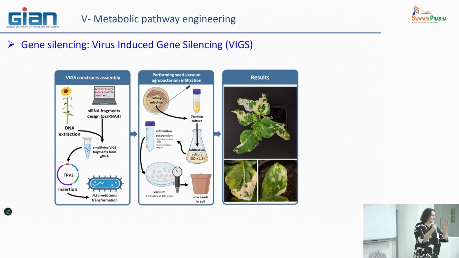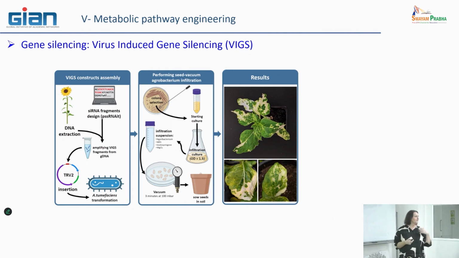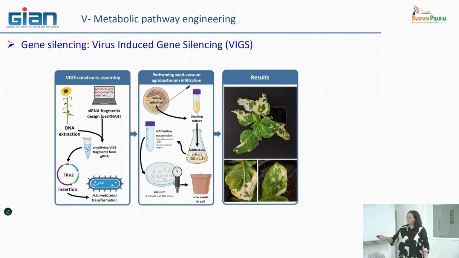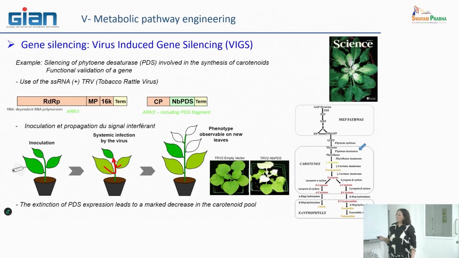So when you see here that there is some white zone, it means that these cells are not able to produce any chlorophyll, which means that the control gene you have to test here, phytoene desaturase, has been well silenced by your construction. It means that if you have made another construction that is less easy to observe directly, if it is a success in this case, in the other case it will also be a success. And after you can do what you want. So this is exactly what we do currently.